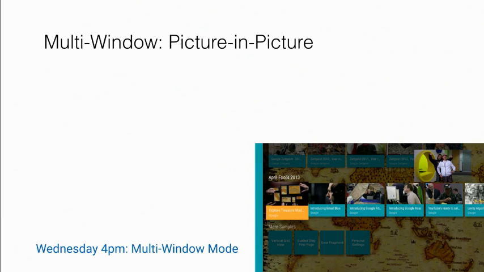So this is the other half of multi-window mode where in Android TV, you now have the ability to have an activity playing a picture-in-picture, so playing a video full-time while there's some other activity like the launcher, so the user can pick another piece of content to watch at the same time while you've got this video playing on the front screen. So for both of these features and lots more, please go to the multi-window session today at